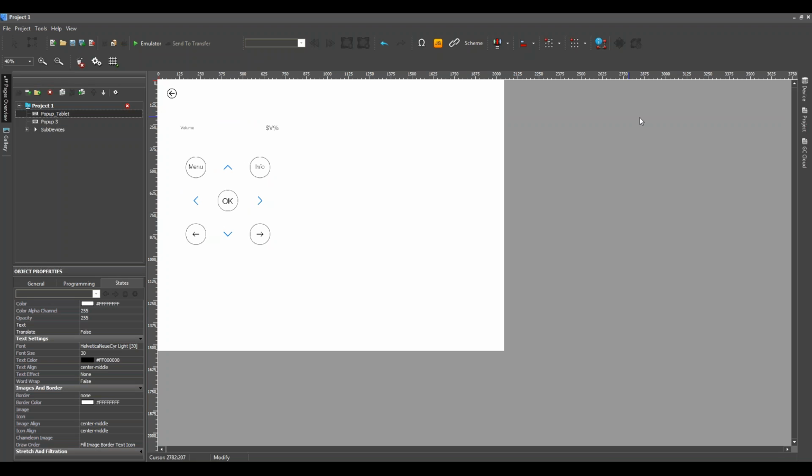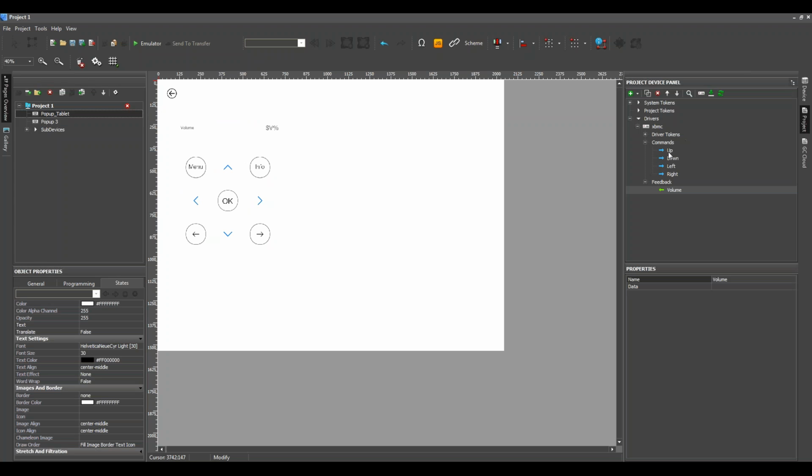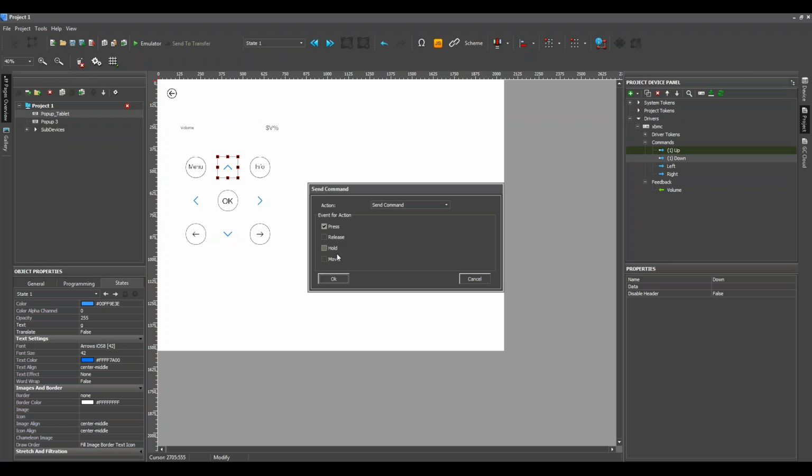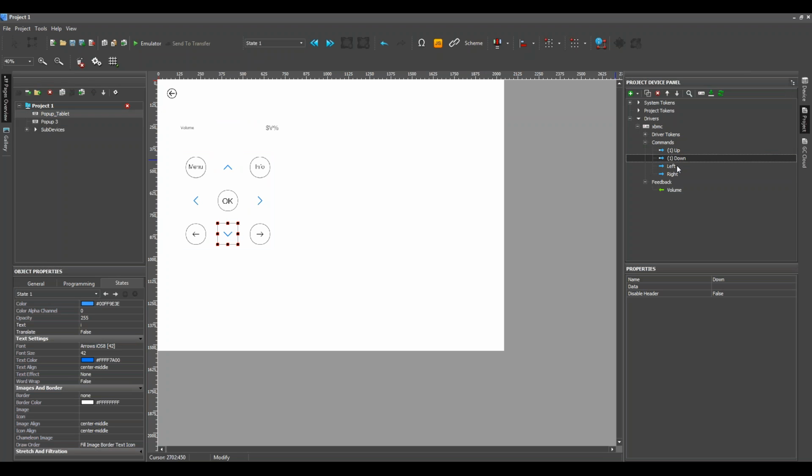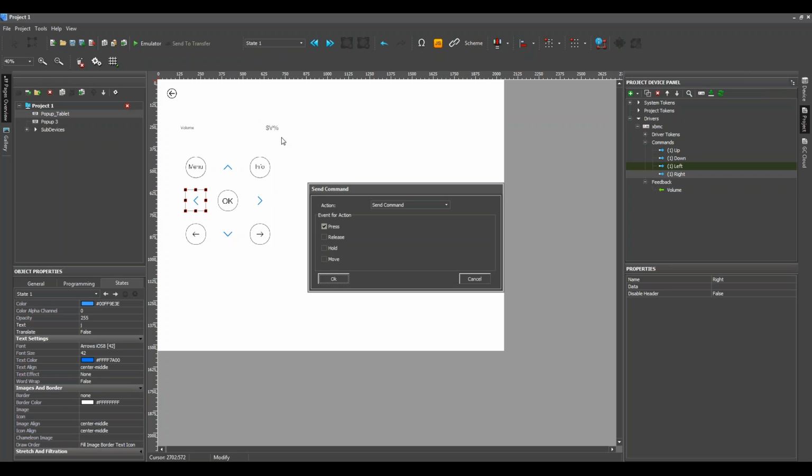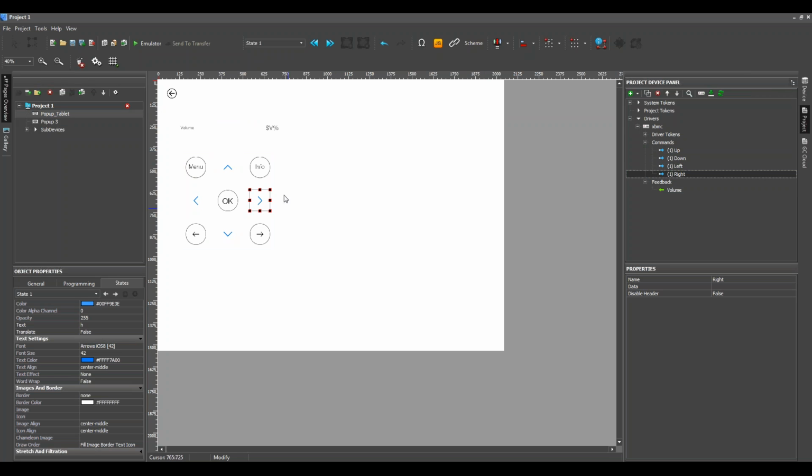And now I should open the driver and drag and drop my buttons. It should be up, down, left, and right. And here I want to show the volume,